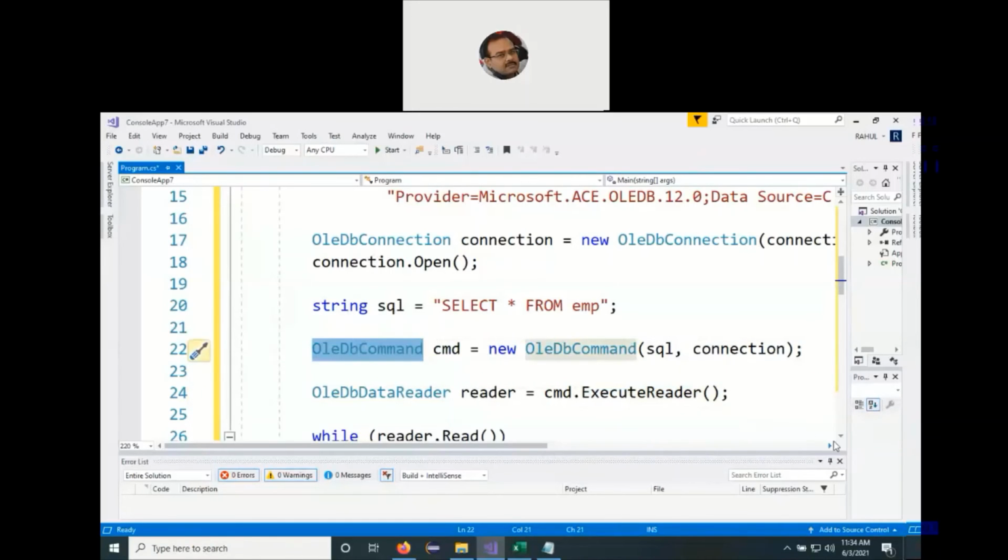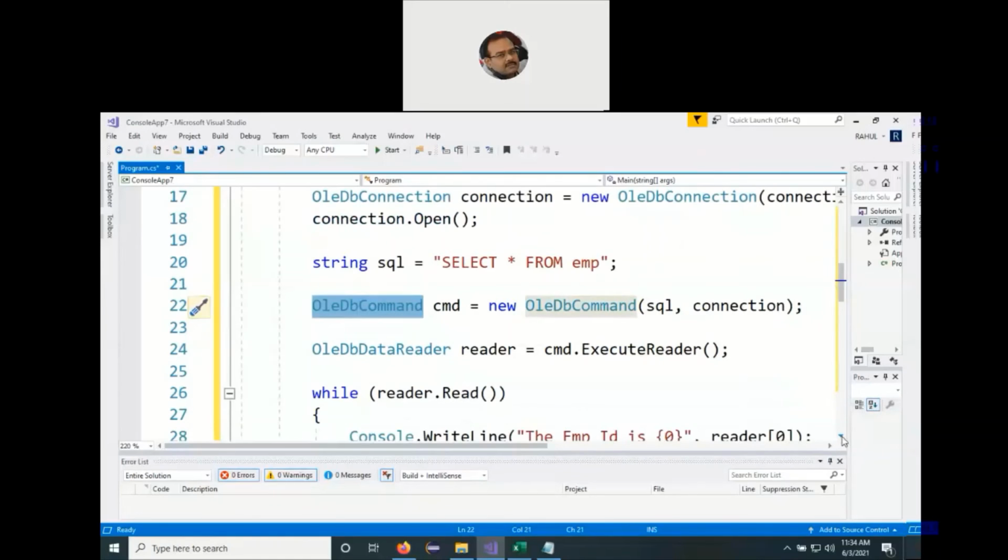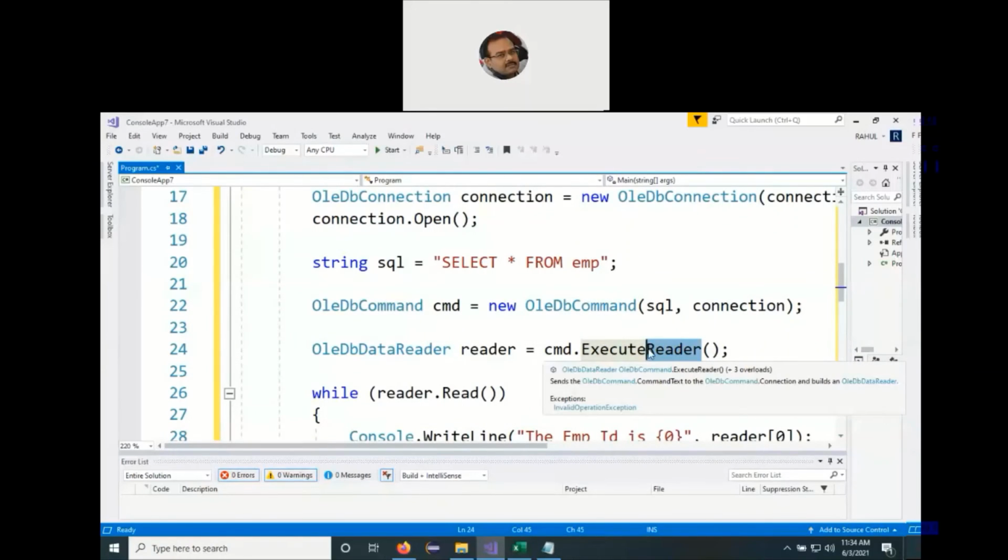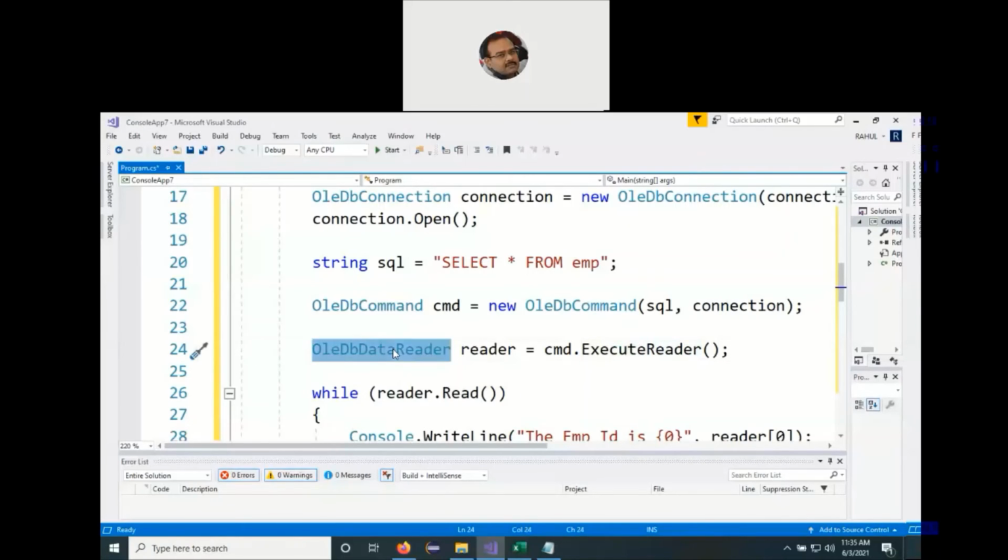Now if it is successful in execution of the SQL statement, it will return us the information. Since the function being called is of the reader type, definitely on the left hand side of the assignment operator we will have a class that deals with the reader only. And the correct class is OLEDB data reader.